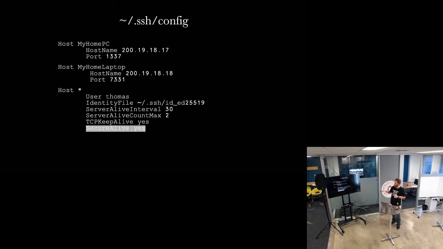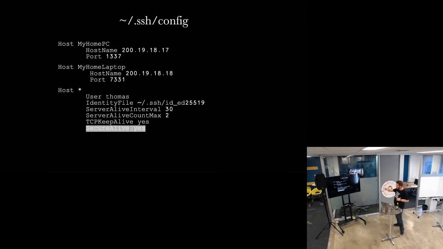And so what you want to do is put in all the host names for all the places you want to connect to. The host is basically your friendly name for this particular box you want to connect to. The host name, the next line, is the address that you want to use to connect to that box. Also, you don't just need to use IP addresses, you can also use domain names. So if you have an SSH server running on yourdomain.com, you can address it in the same way. And then provide a port number.